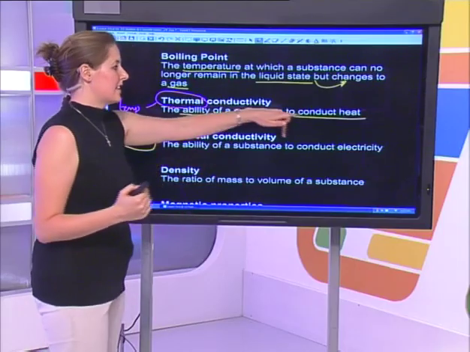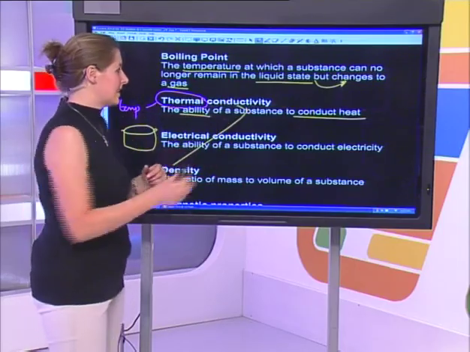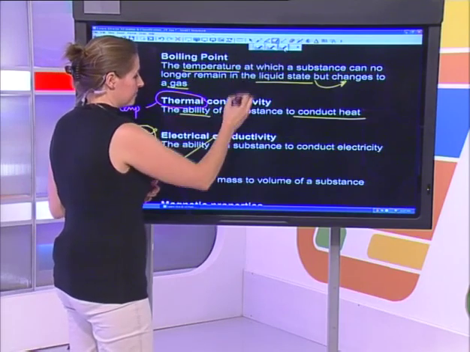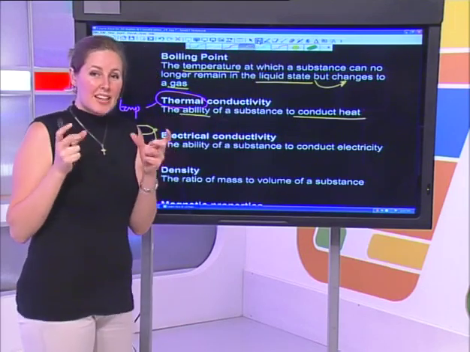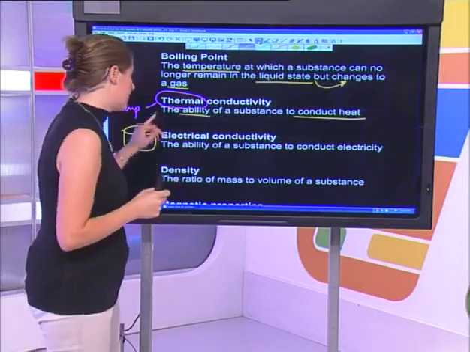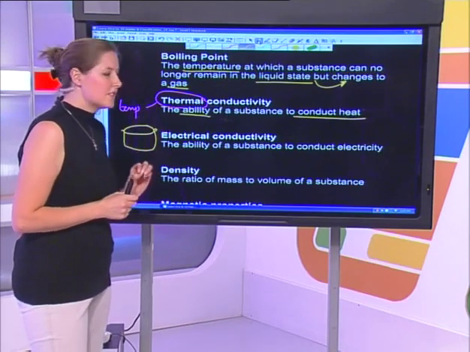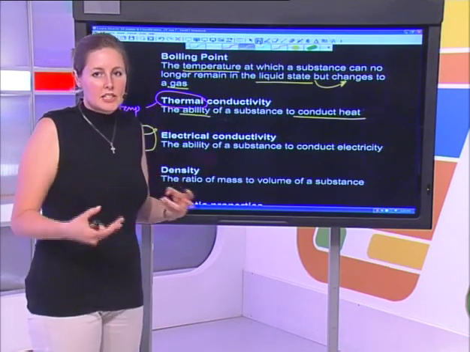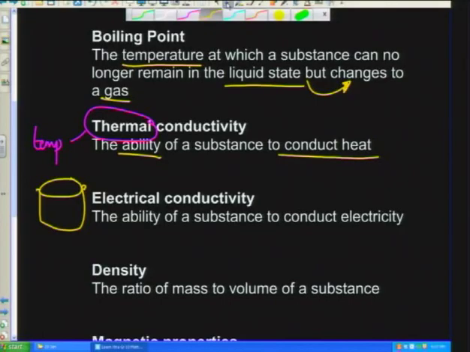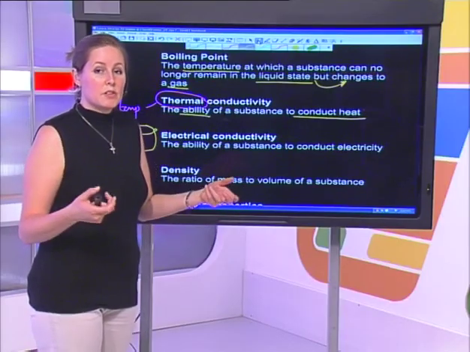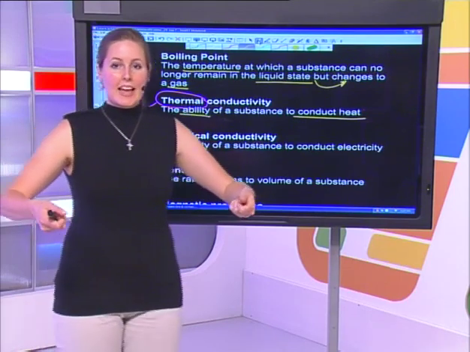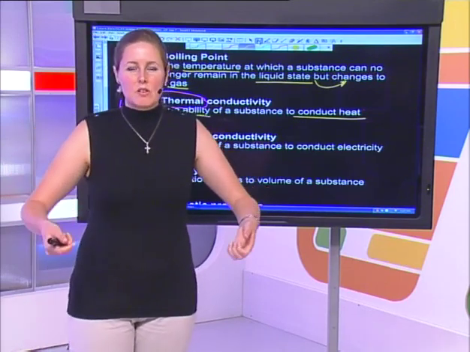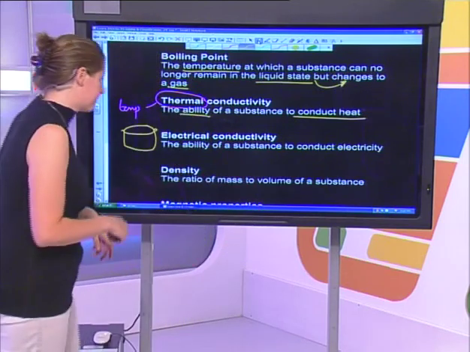I don't like using the same word conduct in conductivity again, because I want you to make sure that you know what each of those words mean distinctly. So thermal conductivity, the ability of a substance to transfer or to conduct heat. Metals are a very good example, whereas something like wood would be an example of one that is not a good thermal conductor. Or sometimes you can have plastic handles on the sides of a pot that make sure that when you lift it up, you don't burn yourself.